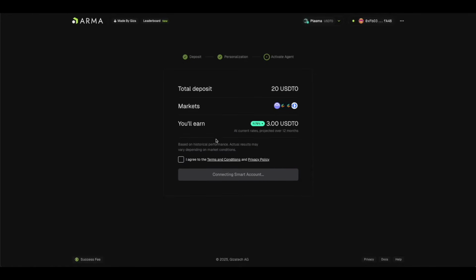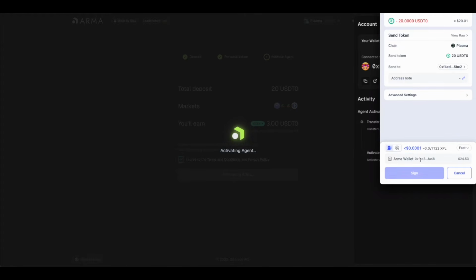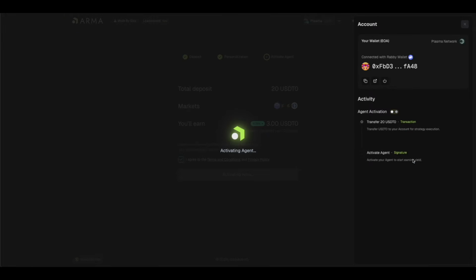So continue with activation. I'm going to agree with the terms of this and activate my ARMA. As you can see, I've got this ARMA wallet. This is a wallet I've specifically made just to test this thing out. I would always suggest you do this. I do this a lot with protocols when I'm testing them out. And then I fund it with a little bit of money. I'm only going to send $20 just to show you what it's like and how this thing works. So I'm going to sign that, and it's going to send my $20 into this